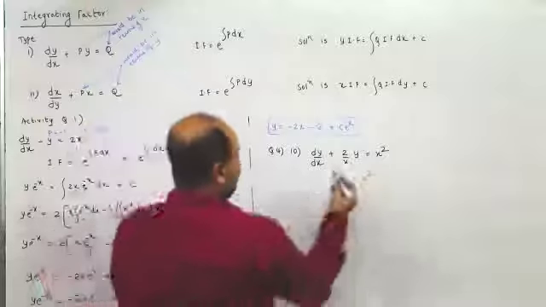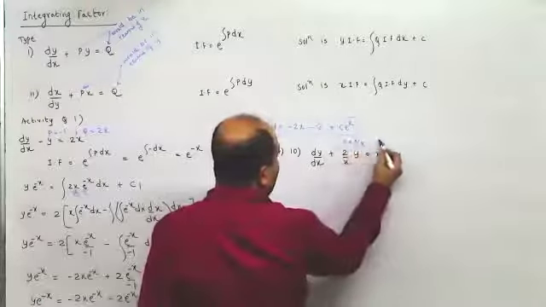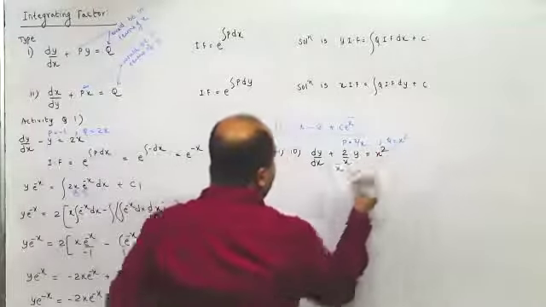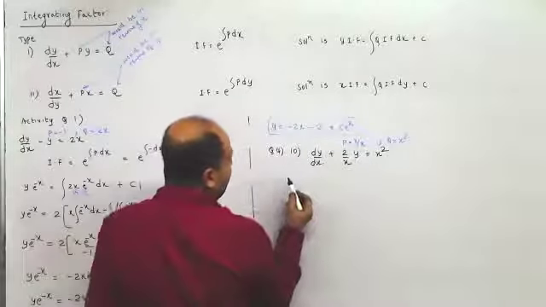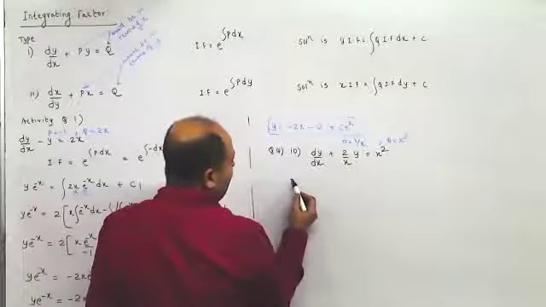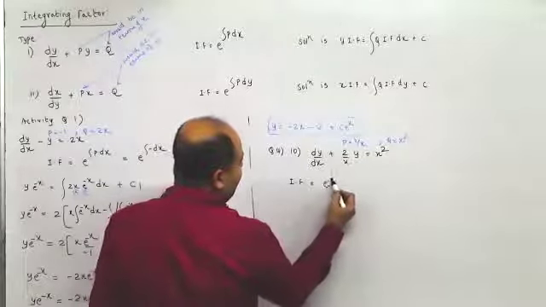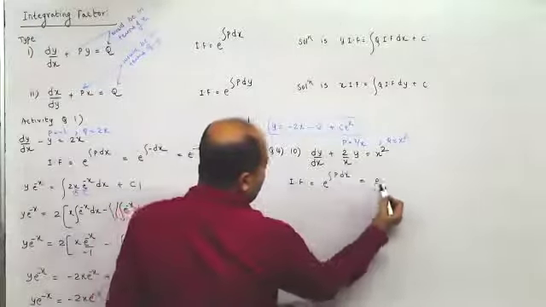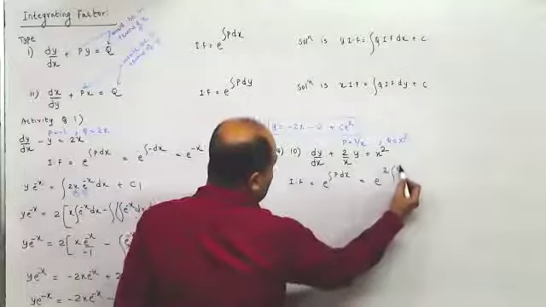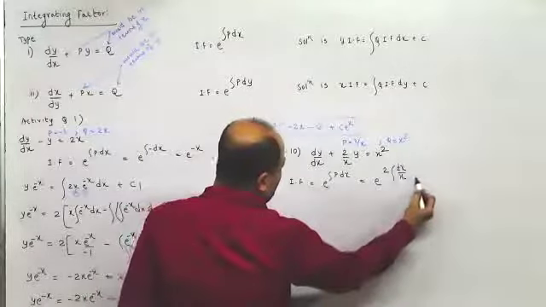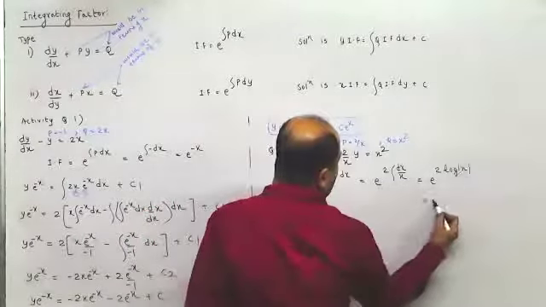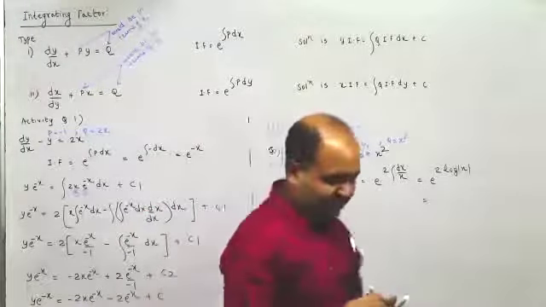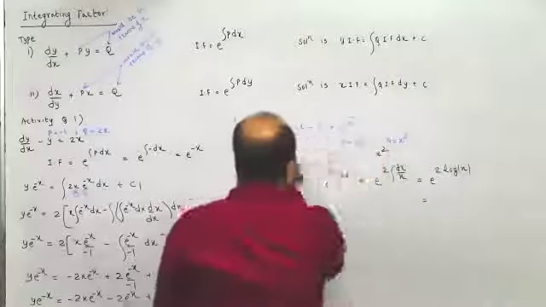So this is P equal to 2 by x and Q equal to x square. So integration factor, I did this, I guess. No? I think I did this just now. E raised to 2, 2 log x. I think I did. Yes, sir. I checked the number now. Sorry. Yeah, yeah. So, yeah, I did this.